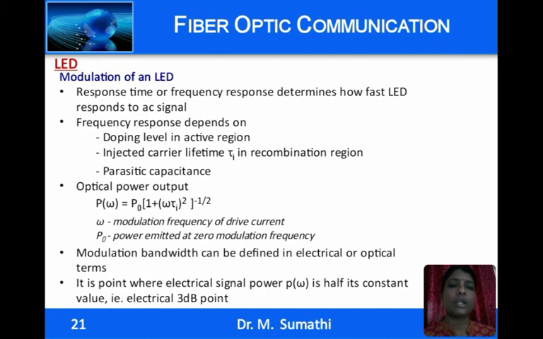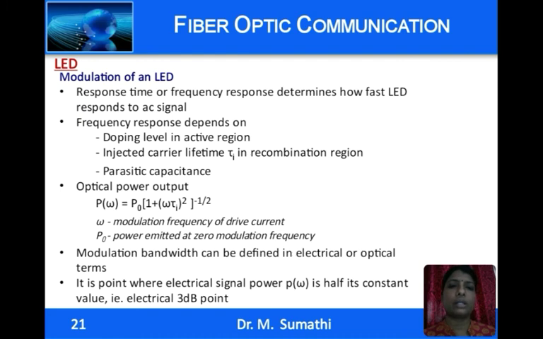Next, we shall see modulation of an LED with an AC signal, how the LED responds to change in frequency. So, response time or frequency response is determined by how fast the LED responds to AC signal. The frequency response depends on doping level in the active region, the injected carrier lifetime tau I in the recombination region, and the parasitic capacitance at the junctions. So, the optical power with respect to the modulation frequency P of omega is given by this expression, and this